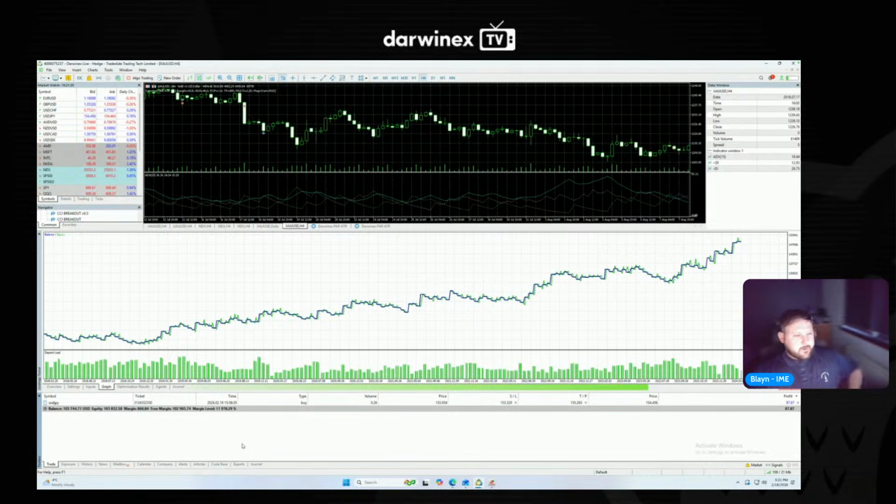So if not, it's an inexpensive testing ground for myself. That's the way that I treat it. We're seeing that this tight trail is probably going to make this underperform compared to the 1 to 4, but this looks a lot smoother overall at the moment. So again, it just depends on what you want to trade.